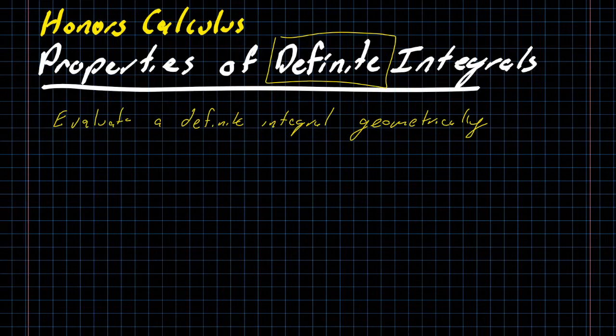A definite integral is talking about an area pinned underneath a curve in the xy plane. And so we should be able to evaluate a definite integral by looking at it geometrically. For example, if I want to evaluate the integral from 2 to 8 of 2x minus 4 dx,